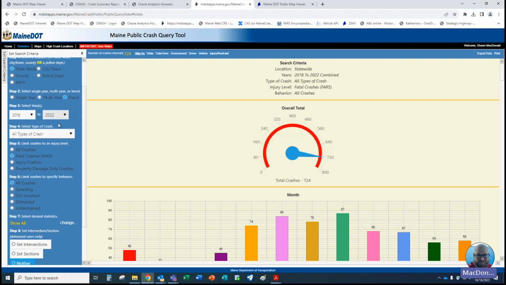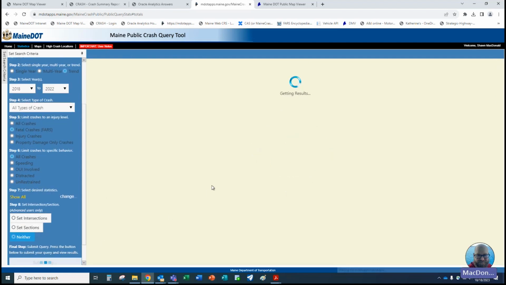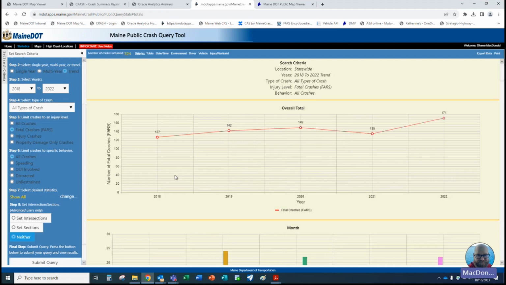We can look at that based on trends as well, just to kind of see how those fatal crashes each year break down. So you can see these are the fatal crashes that happen in these years. And I know just as an example, a crash that happened here, there were actually 172 fatal crashes in 2022. Currently is what they're counting. And so this one is off by one because of one crash that happened, and it's a weird circumstance, but the number should actually be one higher.